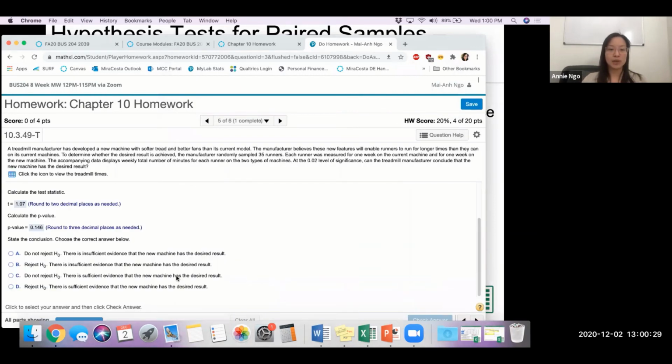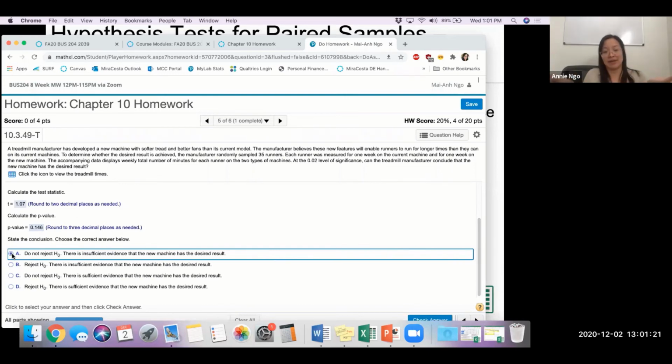And so based on your p-value, you'll want to compare that to your alpha and make a decision. So this is where carefully looking at the numbers and not rushing through and making sure we understand, hey, my p-value is blank to the alpha. So my decision is blank. So for instance, on mine, my p-value of 0.146, that is larger than my level of significance of 0.02. That means it does not fit in the rejection region. It is bigger. So I am not going to reject the null